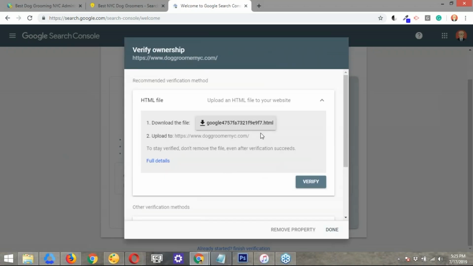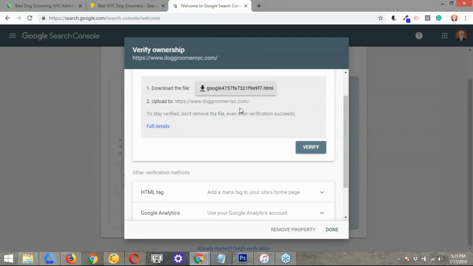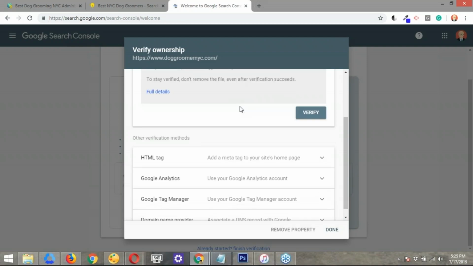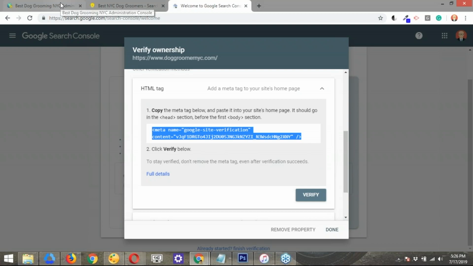All right. So we have a few ways in which we can verify again that we are the owners of this site. The one that we're going to be using is the HTML tag. It's the easiest, and we have a whole field dedicated to this type of setup. So it's super straightforward. Let's go ahead and click on this one. And what we're going to do is just copy this simple line of code here. Right. So I highlight this and I copy it, and then I'm going to jump back to the Brilliant Directories